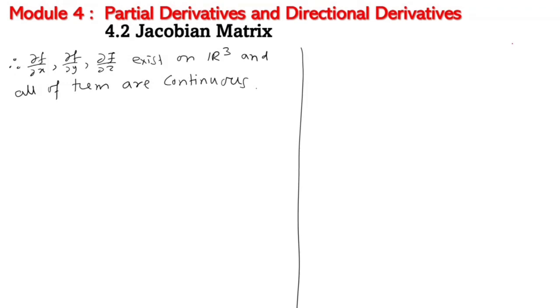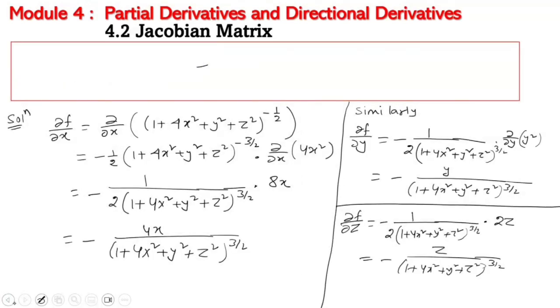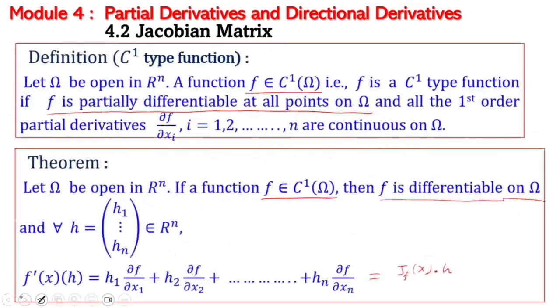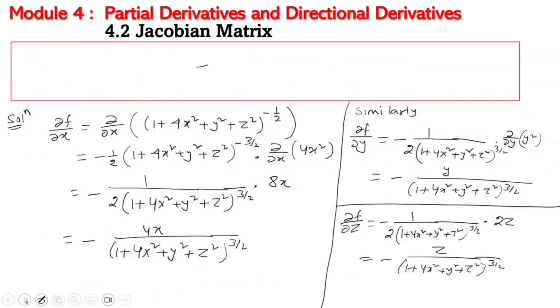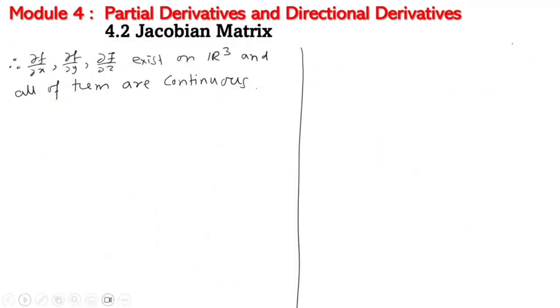So therefore, by the theorem that if f belongs to C1, then it will be differentiable, and the derivative can be calculated by this formula. So therefore f belongs to C1 on R3,